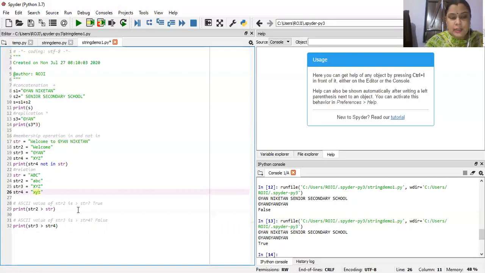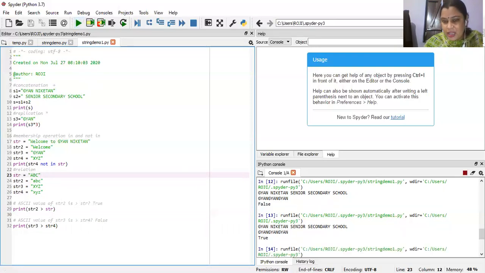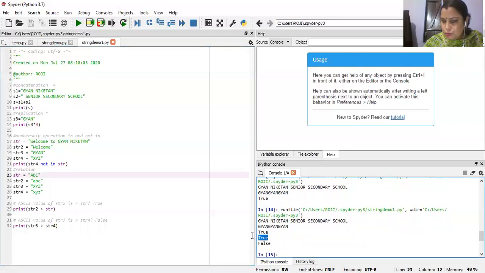Now we are using print str2 is greater than str1. The str2 value is small abc, which is greater than capital ABC. So it returns the true value.